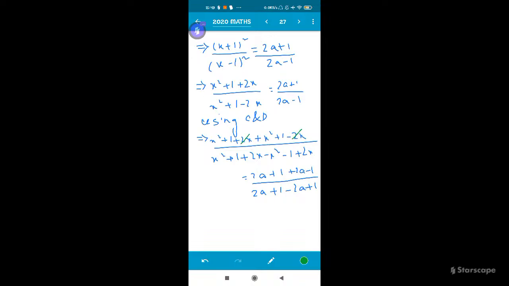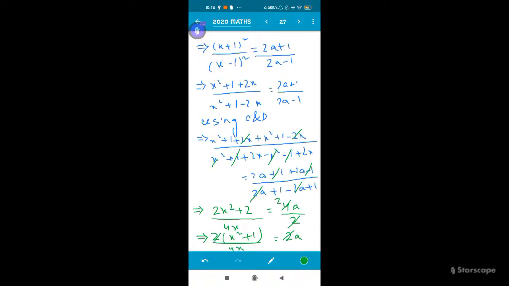This and this gets cancelled out. Then over here, and yes. So now we are left with 2x squared plus 2 divided by 4x is equal to 4a by 2. This is what we are left with. So now let's make the necessary cancellations again. So if we take 2 as common, we are left with x squared plus 1 divided by 4x is equal to 2a. So 2 and 2 can get cancelled out. So now we have x squared plus 1